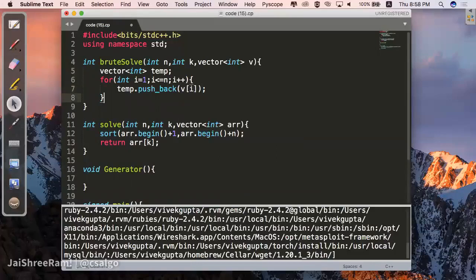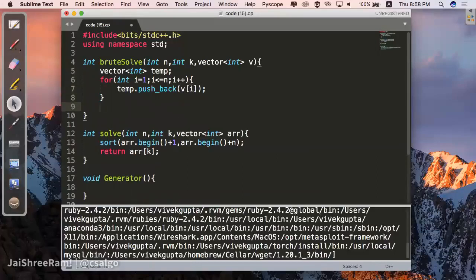Okay, and then I return star of kth element of temp dot begin. So if we want to find the first element, we generally return temp dot begin plus k minus 1.